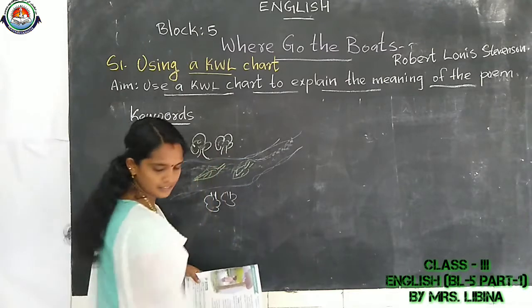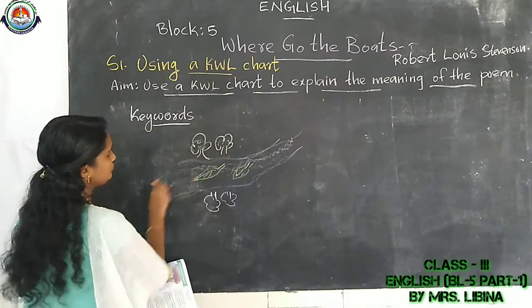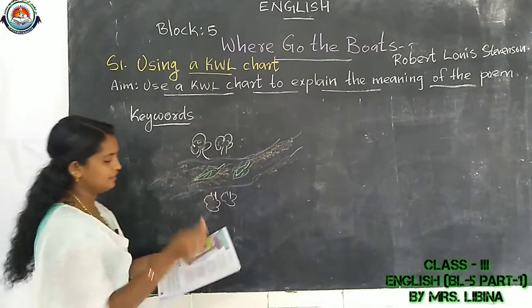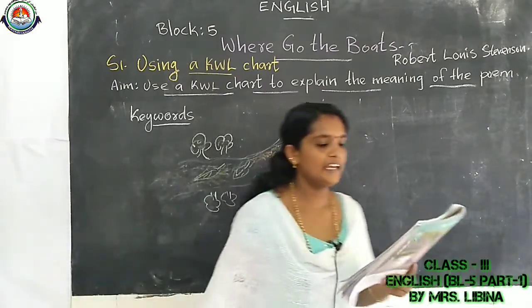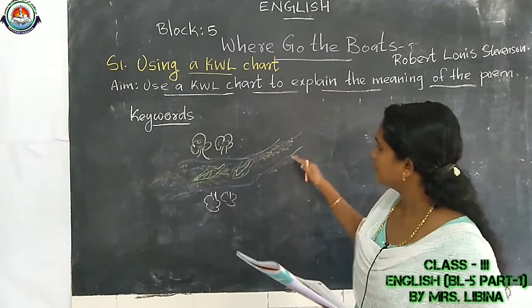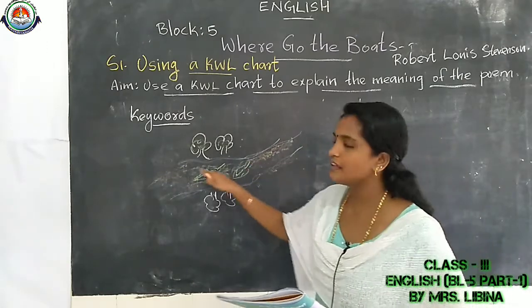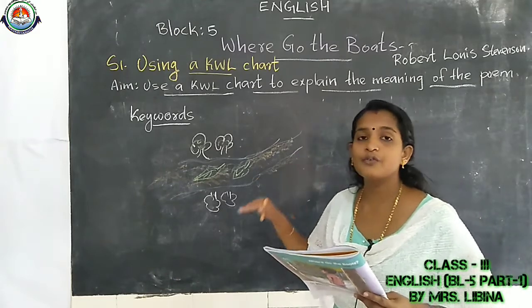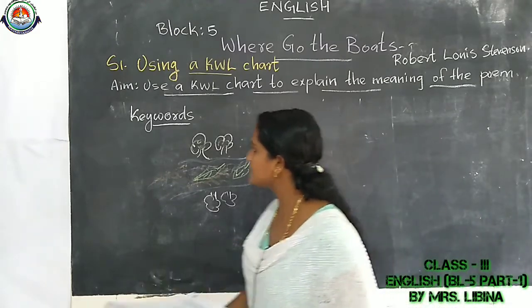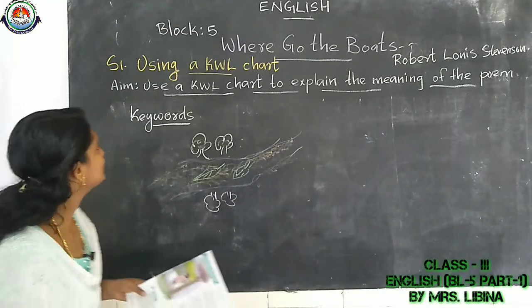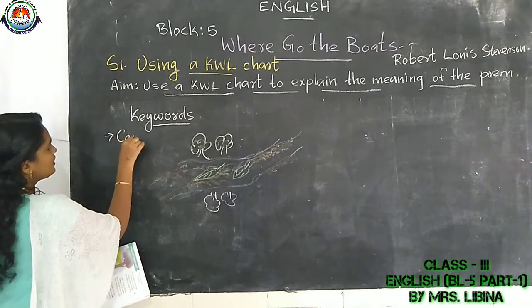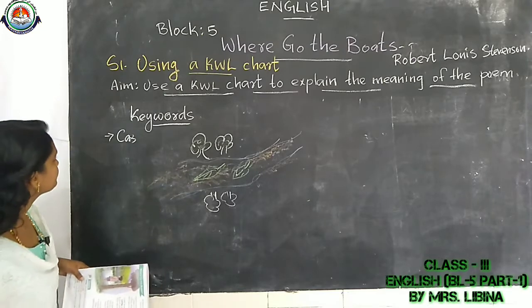Okay, dark brown is the river. Then green leaves are floating means in this water some leaves are floating. And castles of the foam. Did you hear the word castle? Castle. You know, you have to write the first keyword, castle.